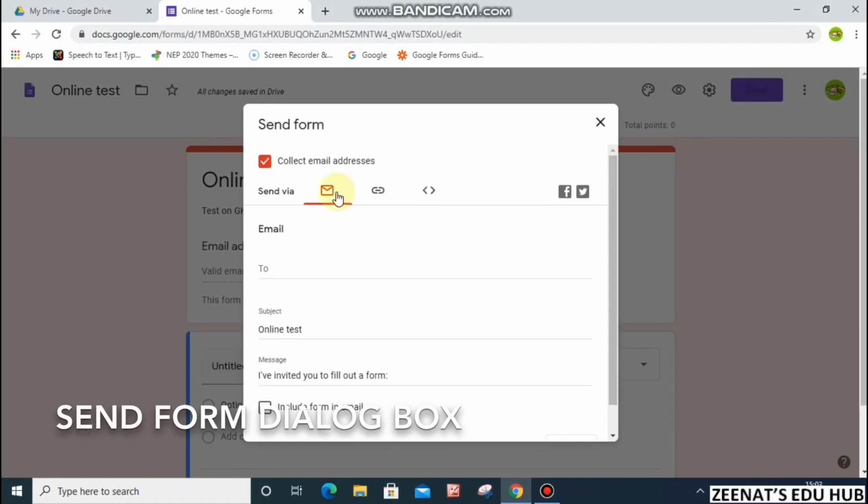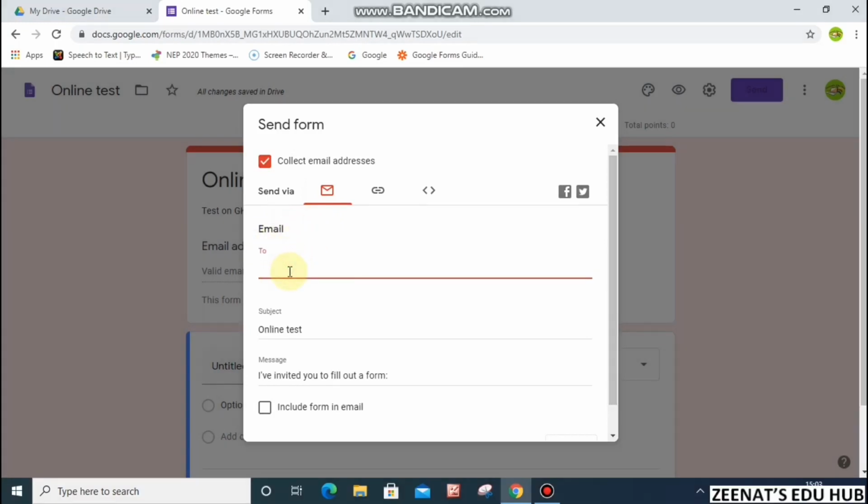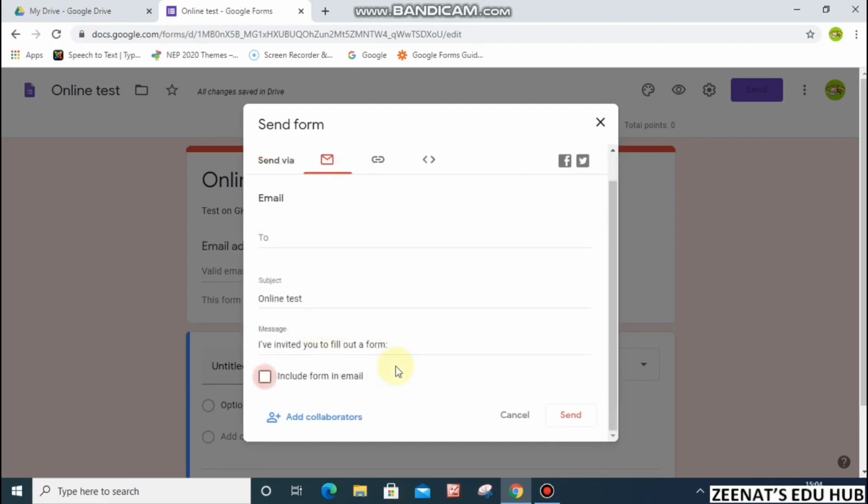The Send Form dialog box appears. Now there are 2 ways by which we can share our form. First is via email, where we can enter all the email IDs of the students. Next field is the subject. By default, it will be the name of the form which we have given as title while creating our form.